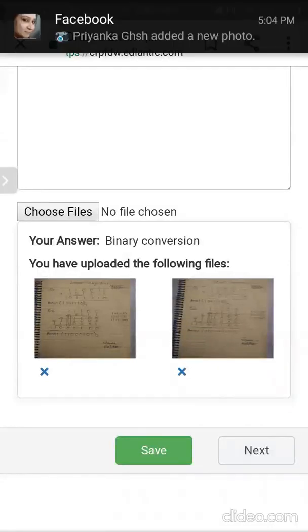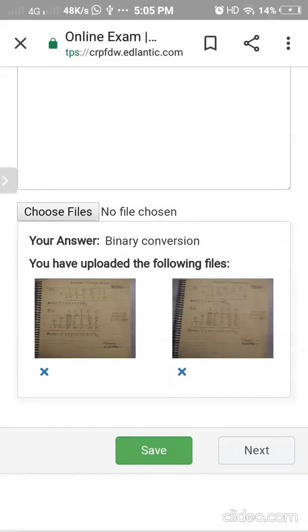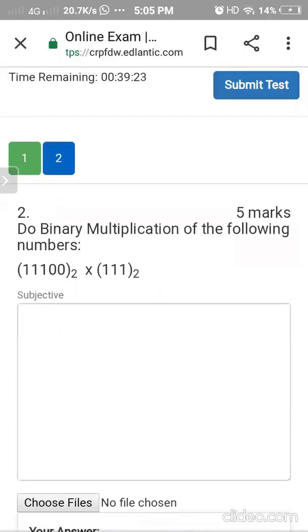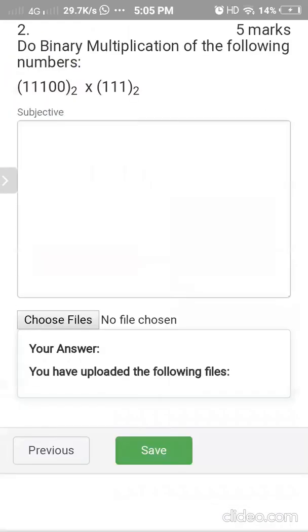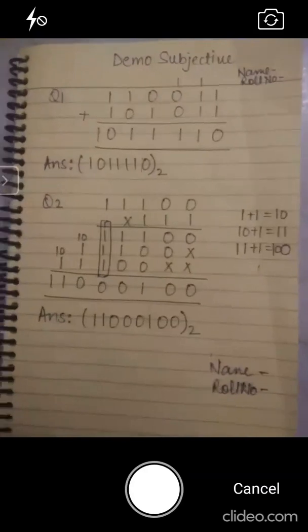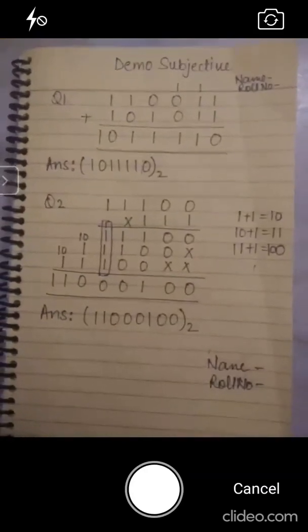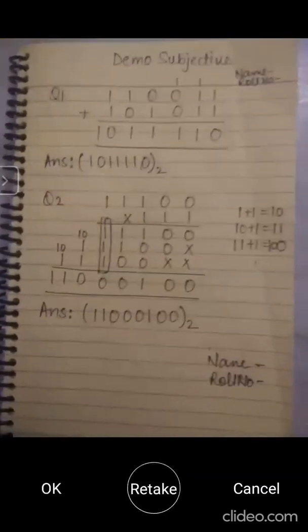Now we are moving to the next question. Here again, we have to upload the picture. Instead of clicking the new picture again, you can just simply upload the same image which you have clicked earlier, because both the questions you have done on the same page.